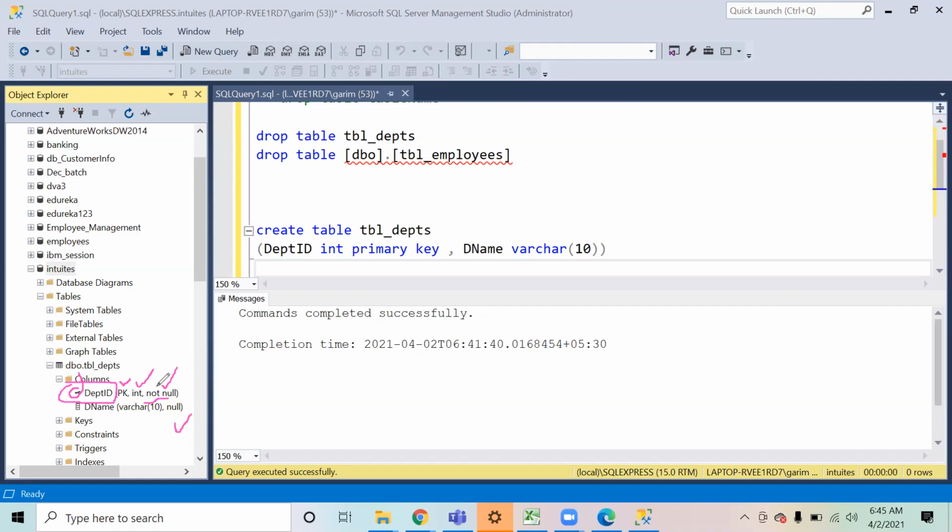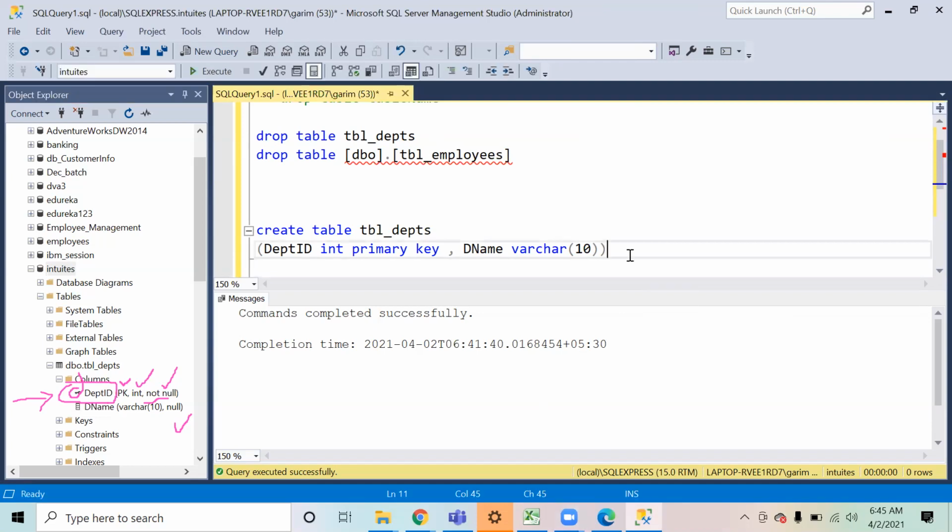Why is it coming not null? Not null means that this column is not going to accept any null value, and that is because of the primary key assignment, because a primary key cannot accept any null value. So this is a constraint that SQL has applied on it. So mandatory, we have to put some information, right? I have to put that.